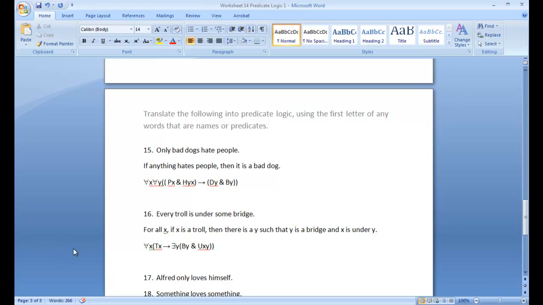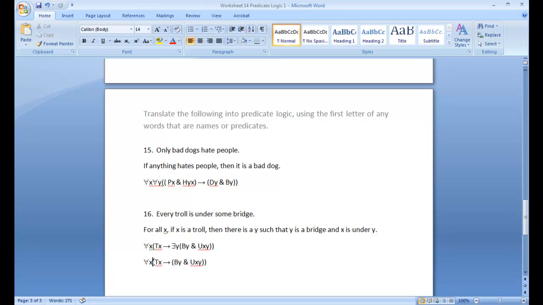So for translation purposes, it's often more intuitive to put the quantifier on the inside. However, you will still have a wff if you take the ones on the inside and move them to the outside. So you can now, if you like,